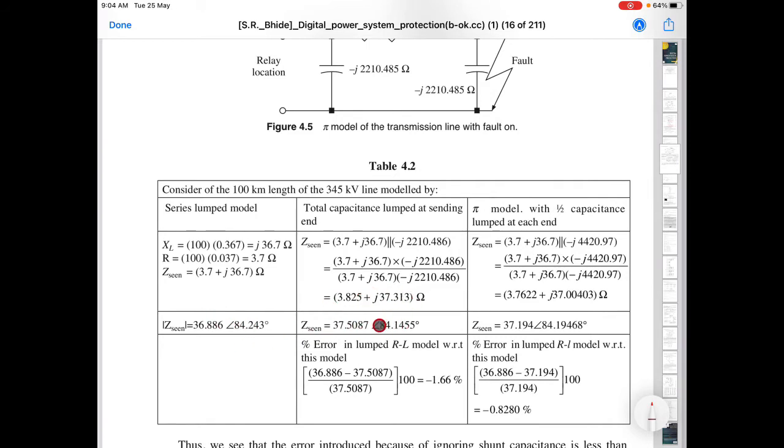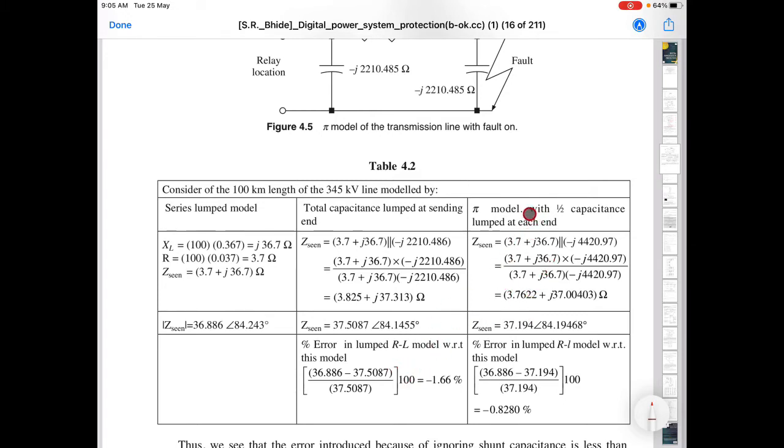Once we simplify it, it is converted again to polar form, as you did here. Once you get it in polar form, we want to compare it with this. So you take a percentage difference, and you will see that the percentage difference is only 1.66%. This means this is more, since it is on the negative side. A negative term is associated with it. Just like you calculate the percentage regulation, the same formula, similar to that, though it's not exactly that.